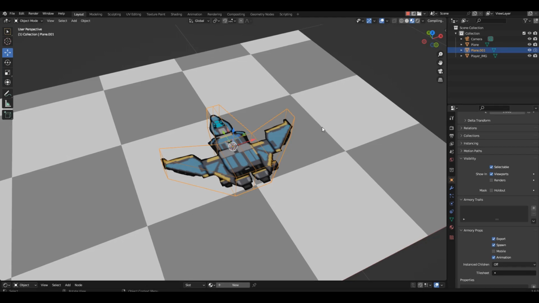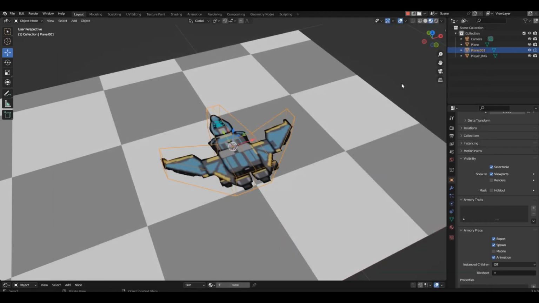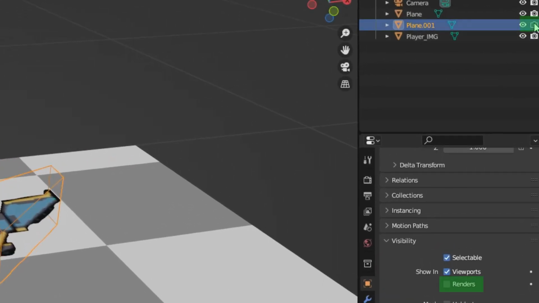Try running the game again. Now, the collision shape has become invisible. It's still there in the game, and we can use it for collisions, controls, and other purposes. But we won't be able to see it. The same effect can be achieved by clicking on the render icon in the outliner. It's the same option, just located in a different place.